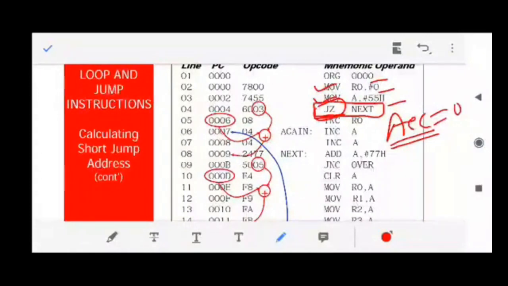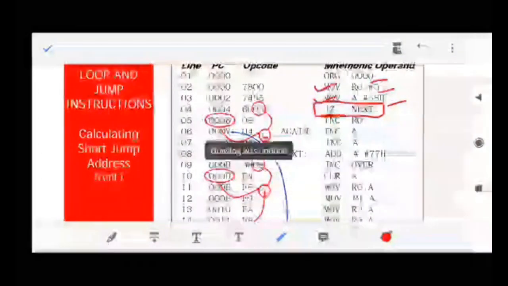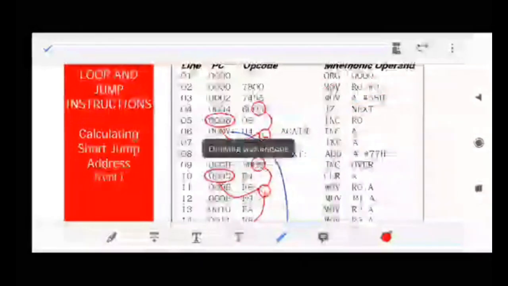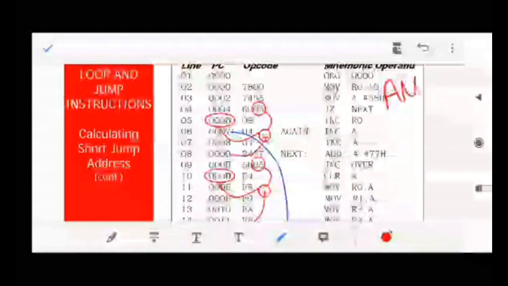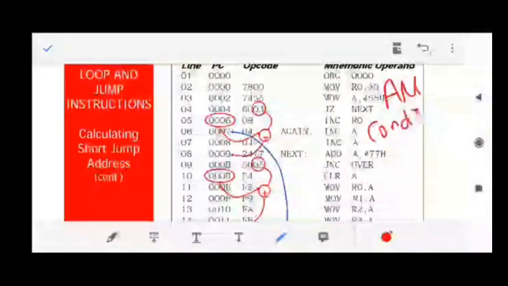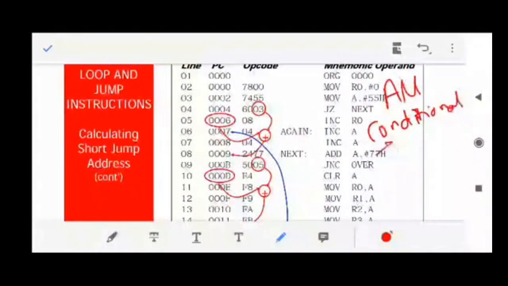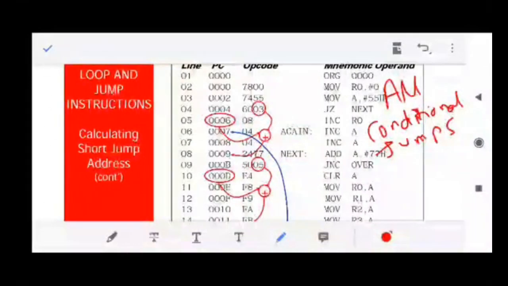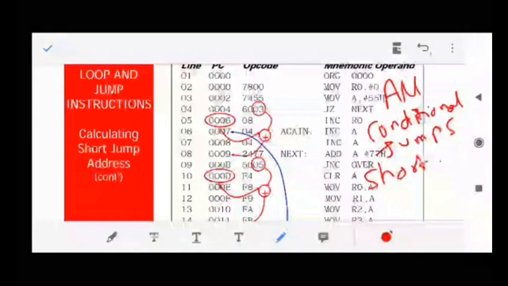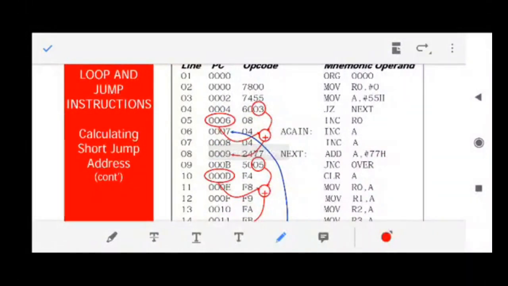As I've already told you in my last class, all the conditional jumps, please remember, are of what type? Are they short jump or long jump? I have already told you all the conditional jumps are short jumps.